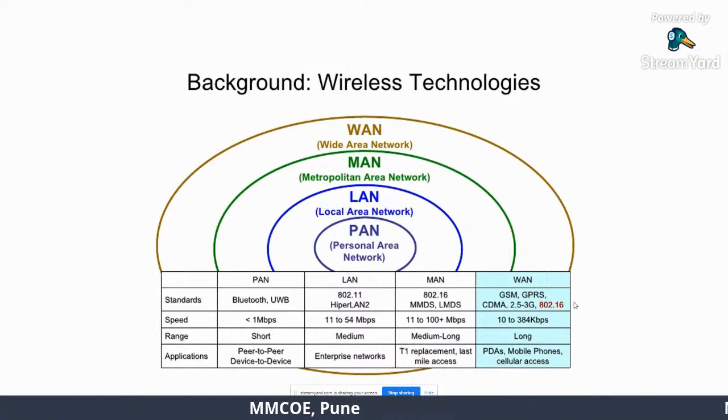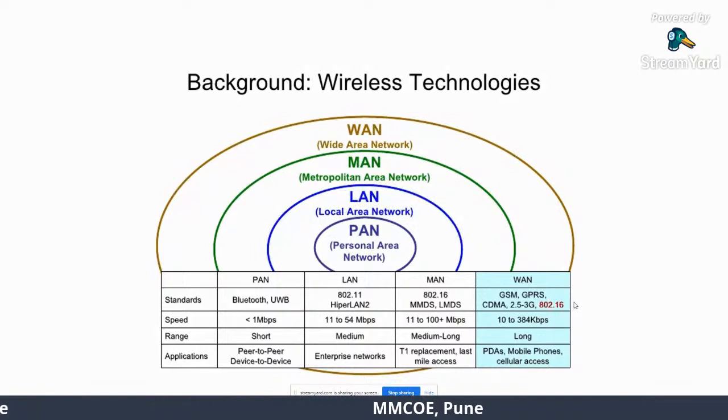If you take an example of Bluetooth, as I have mentioned in my previous slide, Bluetooth can provide you a range up to 100 meters, whereas in the case of UWB, you can have a non-line of sight range of 60 to 90 meters, around 100 meters, similar range, right? And they are best suited for peer-to-peer or device-to-device kind of communications.